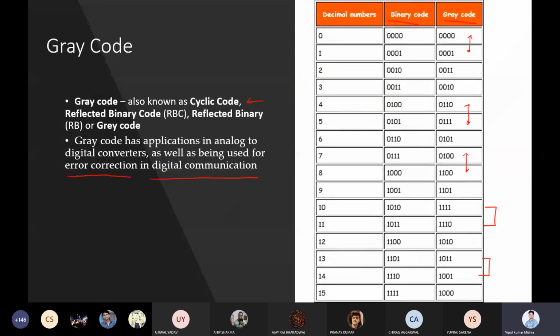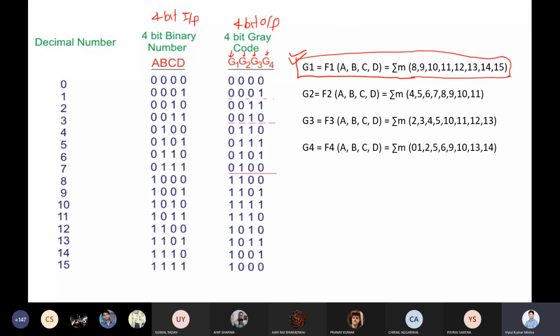So we find, okay, what kind of code we want? We want a gray code where both consecutive outputs should not differ from one place. Based on this rule, we had made this entire truth table. Once we have our truth table in hand, what have we done? We have found out the function for each output independently. So you have taken G1, G2, G3, G4